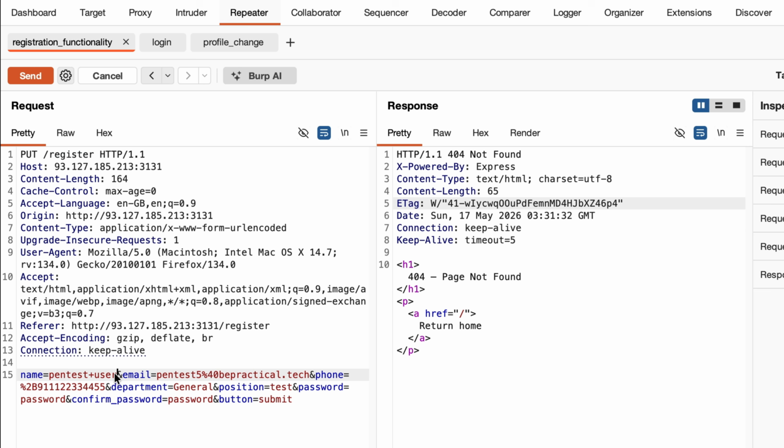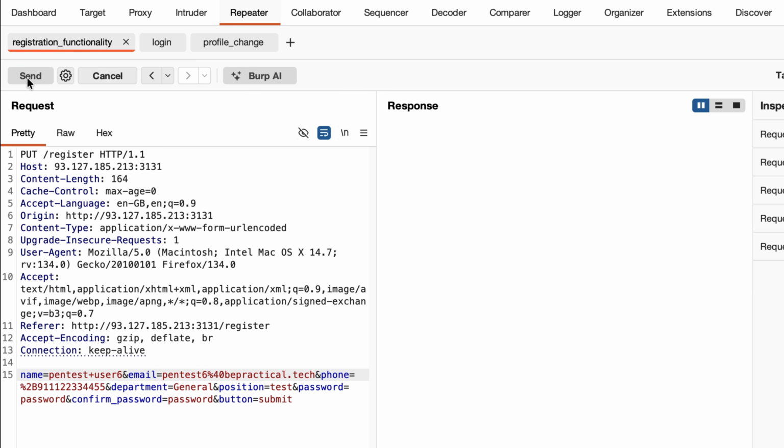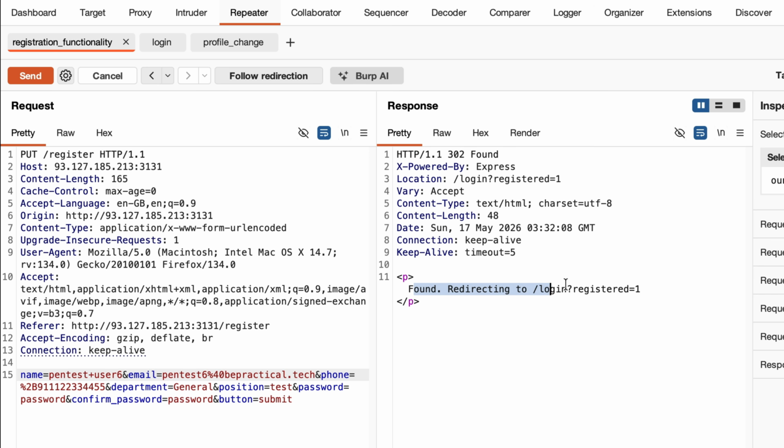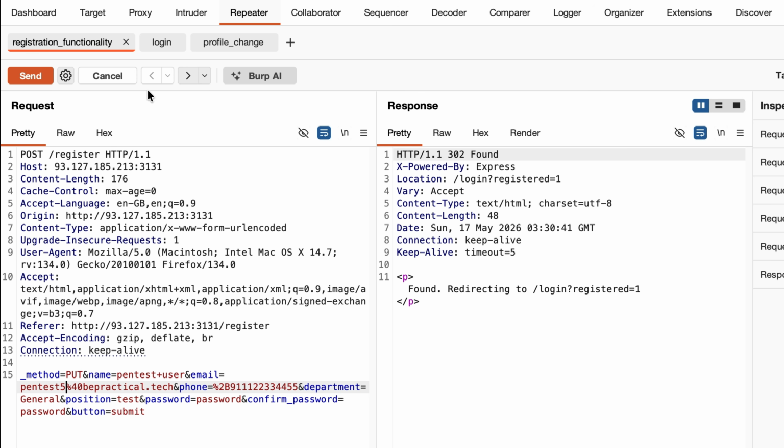Okay, and we'll try to see pentest 6. Let's change this to pentest 6, and if this is vulnerable, we should be able to see a different response. And you can see it has redirected us to the login functionality, the login endpoint, right? Which confirms that this method parameter value over here is overwriting the existing method of the request,